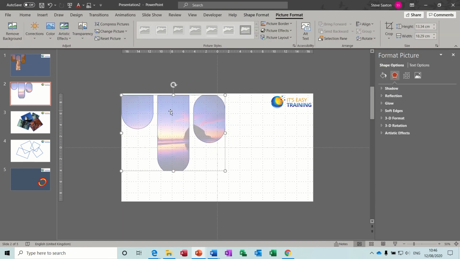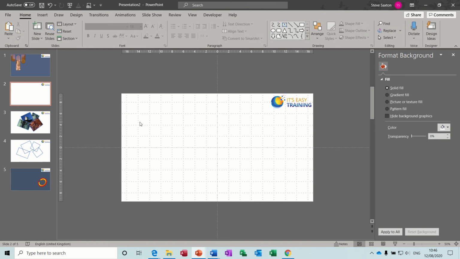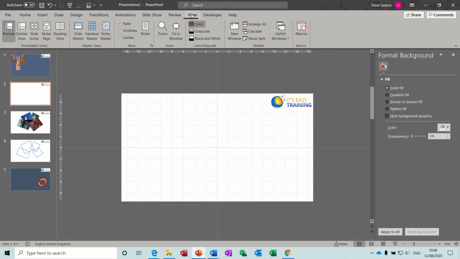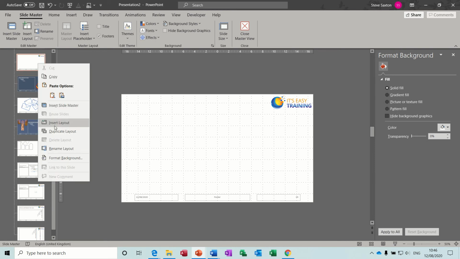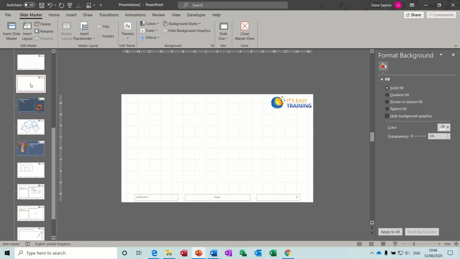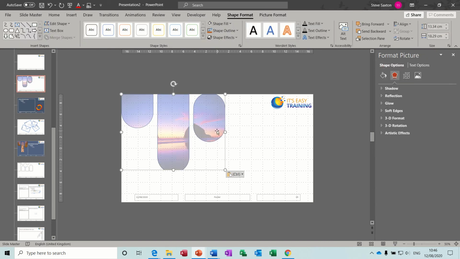Now I want to create a slide layout with this on, and I'll put a text box there. So I'm just going to cut that, go to the View tab, into Slide Master, and just get myself a duplicate of that one, duplicate layout. So now I'm on this one, paste my image,